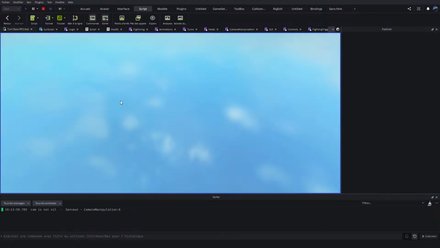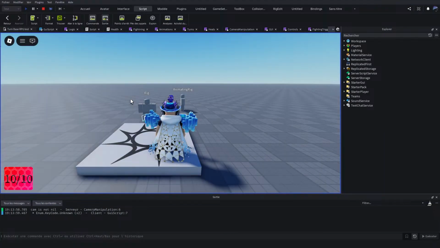Normally this should absolutely work, so we have Enum.KeyCode.Unknown. We click spacebar, not space,